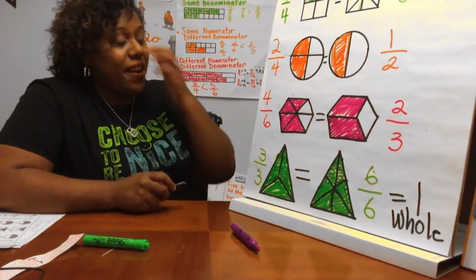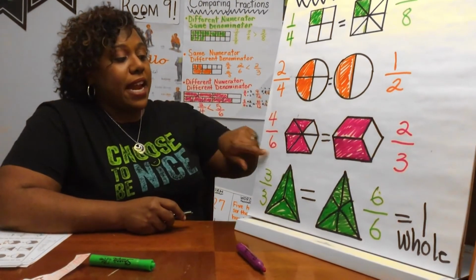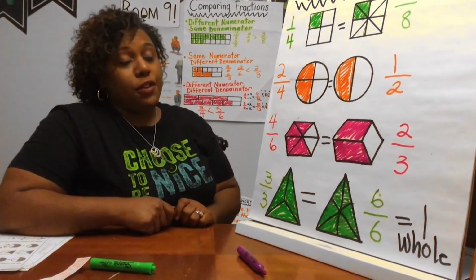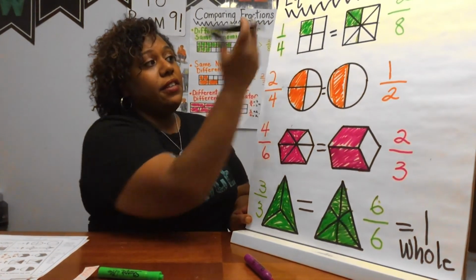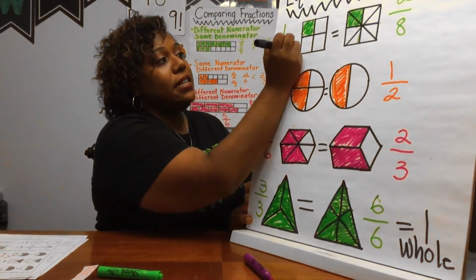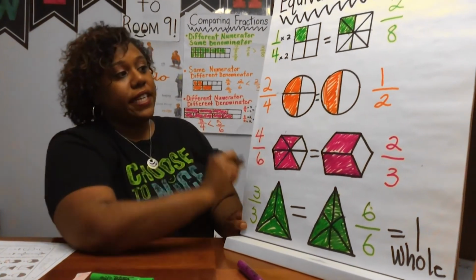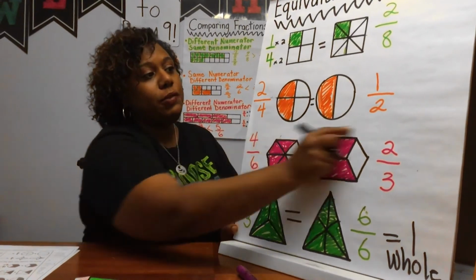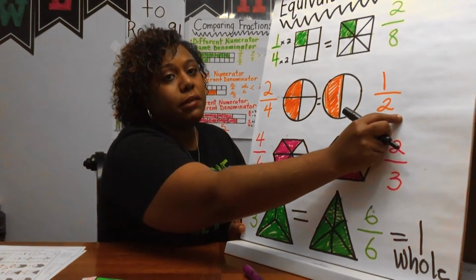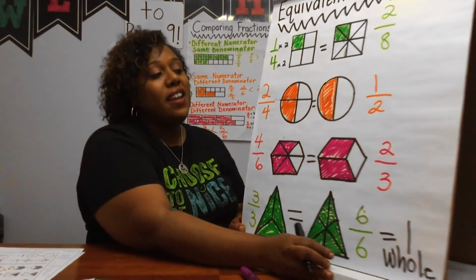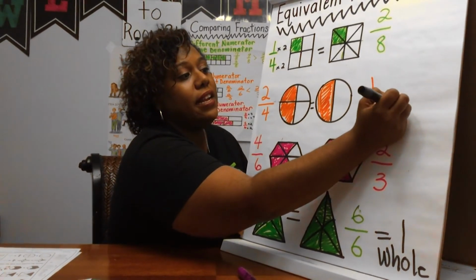Very good. Did you catch what you did with the denominators, going from one denominator to the other in order to make an equivalent fraction? Very good. On here, you're right. You multiplied 4 times 2 and 1 times 2. Very good. Which one would you do here? Would you multiply by the denominator 4 or would you multiply the denominator 2? Very good. You want to get the 2 to be the 4. So you will multiply times 2